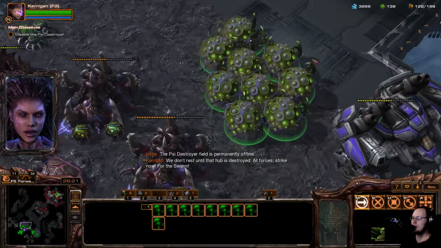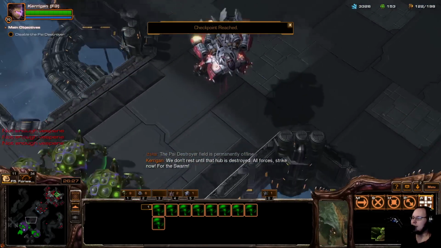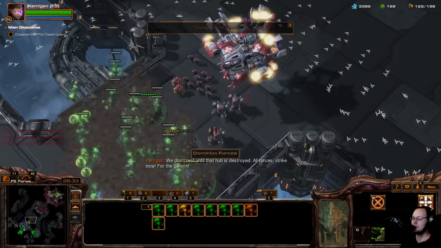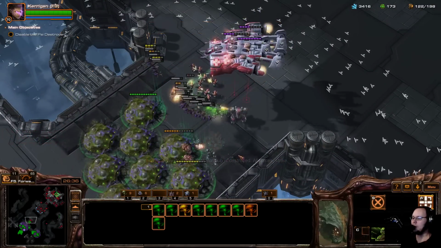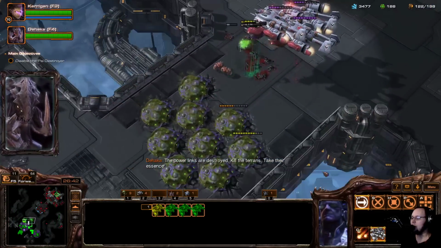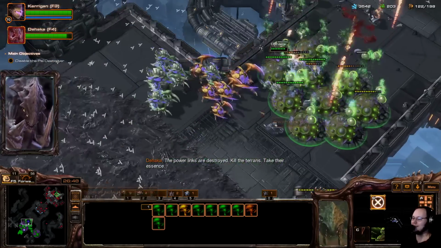All forces strike now. And for the Swarm. We start pushing with these guys. It's going to be a fun experience. So I have the ground and air attack upgrade, which I'm not sure is actually necessary because I have these Thors, but when I grabbed the upgrade, I didn't think I'd be going Swarm Host Thor. So